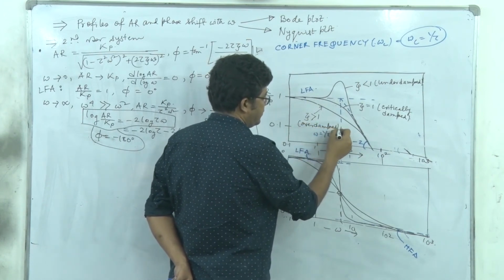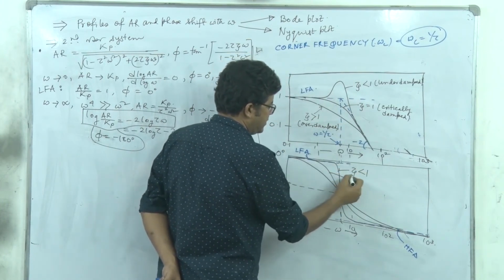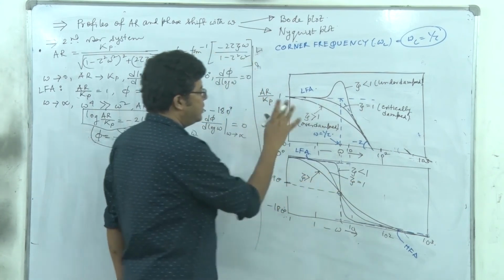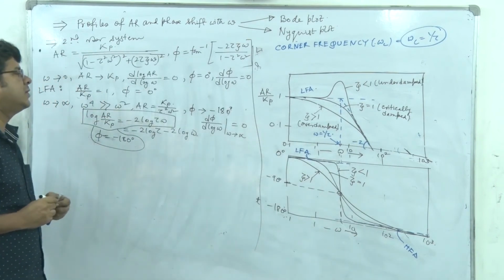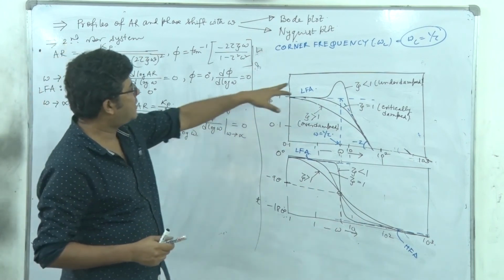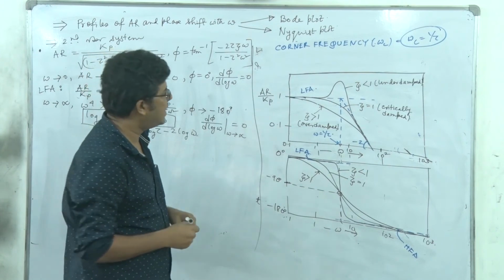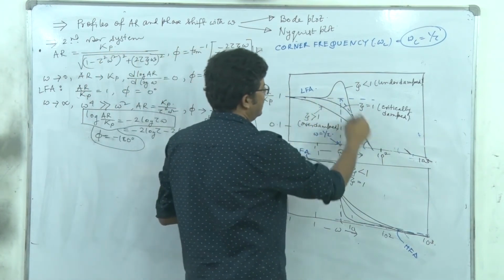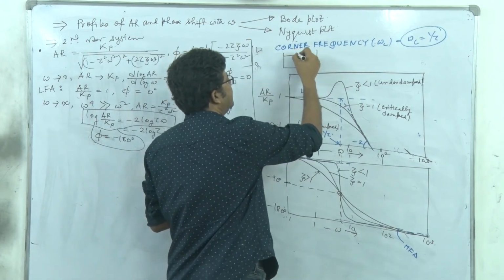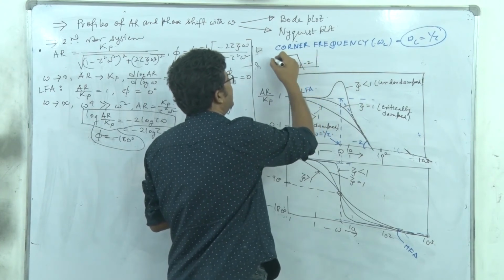Whereas here this is zeta less than 1, zeta equal to 1, and here it will be zeta greater than 1. So that's the Bode plot for second order system. Now, if you don't want to go for this actual plot, and you are satisfied with the asymptotes, then simply plot this dotted line, like here for the same axis it will be a plot like this.